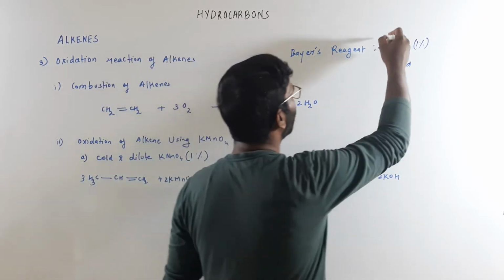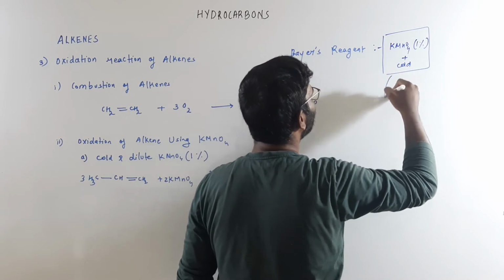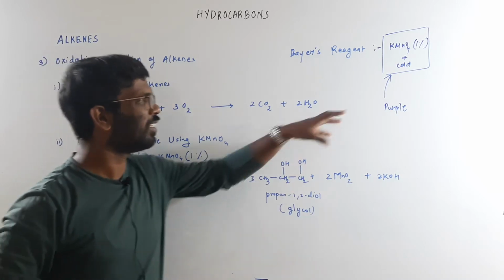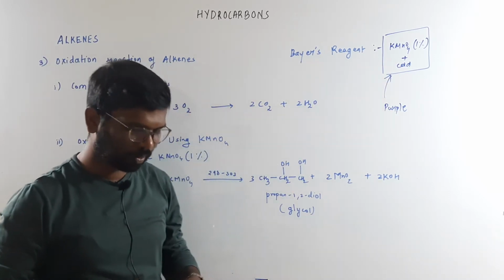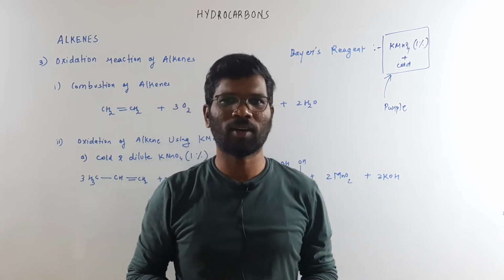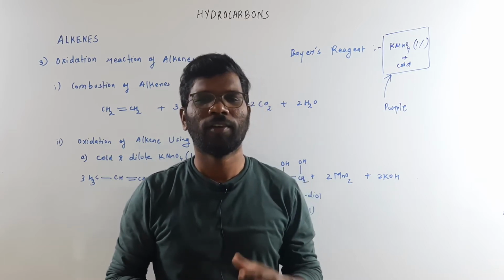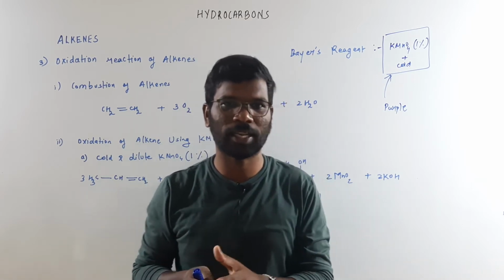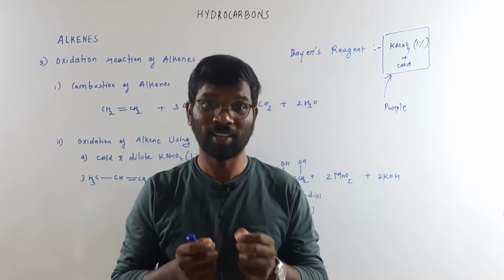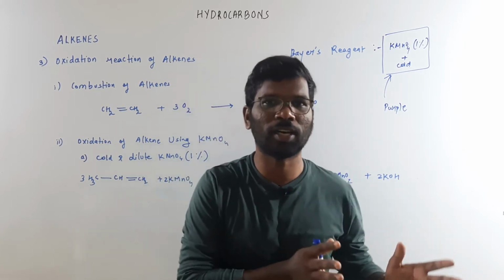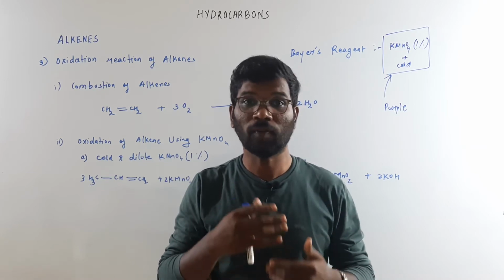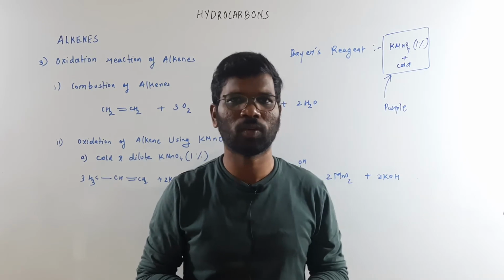Now for the test, this KMnO4 is purple in color. The thing in chemistry is that most of the time we have to depend on the color change. How will we get to know that a particular reaction is happening? It is everything about the color change. We have to look: oh, there is a change in color, so there is some reaction taking place. Further conclusions can be made based on that.